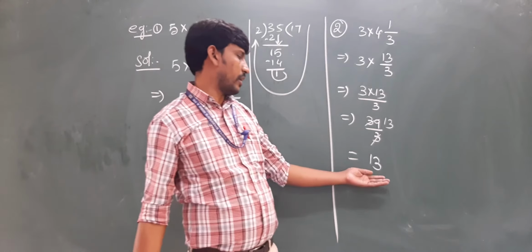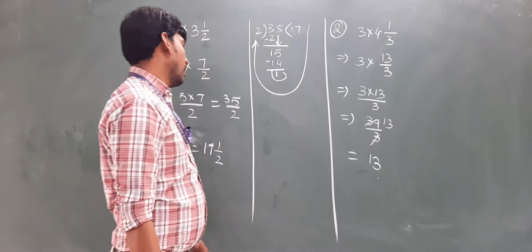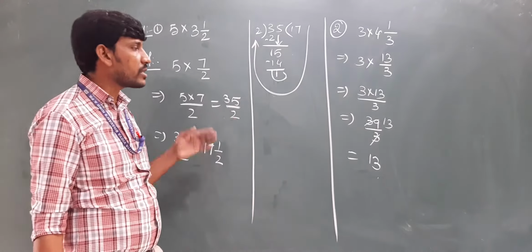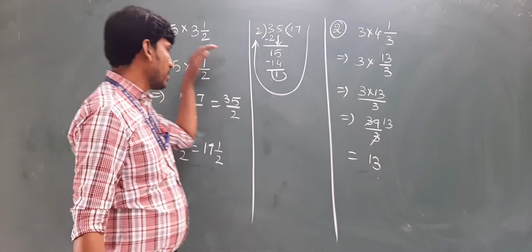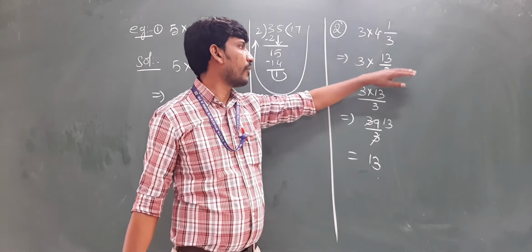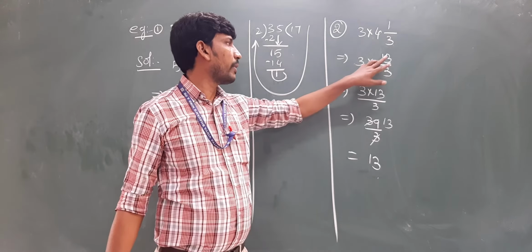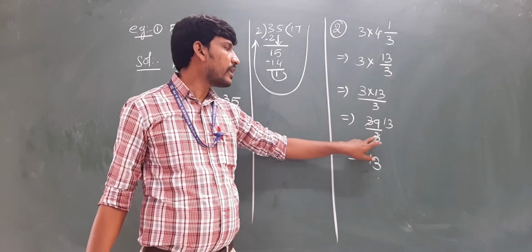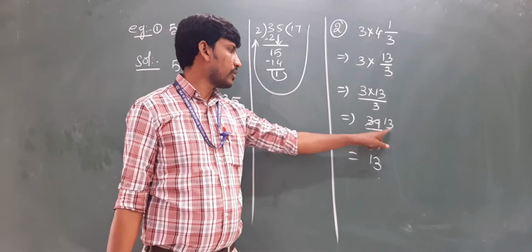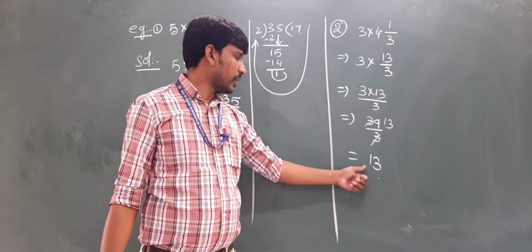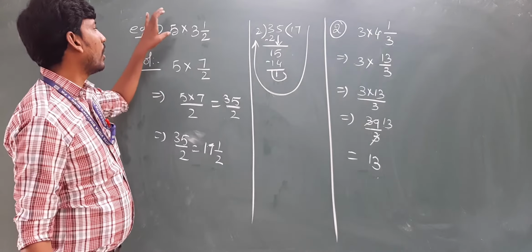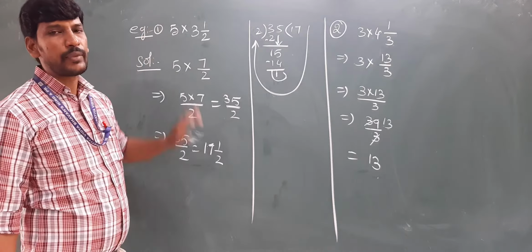Sometimes you may get a natural number as a positive integer, or sometimes you may get it in fraction form also. Okay, depending on the question. But the process is the same as it is. See this here. This is a mixed fraction. Convert into an improper fraction. Multiply the whole number and the numerator. We will get the answer. If there is any cancellation, because 39 is a multiple of 3, okay, by cancellation we will get 13. So the answer will become 13. Okay, now this is the process to do multiplication of a whole number and a mixed fraction.